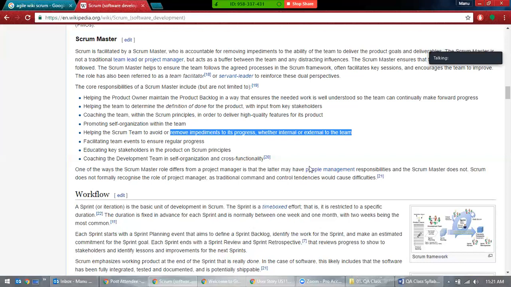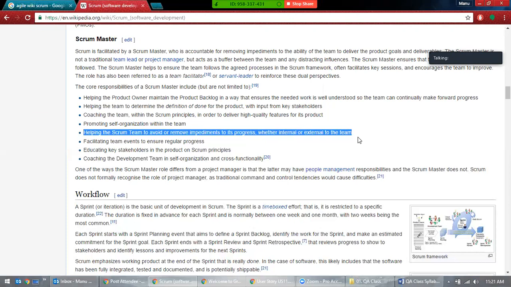So if you are assigning this issue to the Scrum Master, and the Scrum Master suddenly reports that to your manager, saying that, hey, this guy is assigning to me, because they don't have knowledge, they don't know what this is, suddenly your boss calls and says, why are you assigning to Scrum Master? Then you need to show this: as per my experience, as per my knowledge, the Scrum Master is actually there to remove the impediments. That's a major responsibility of a Scrum Master.